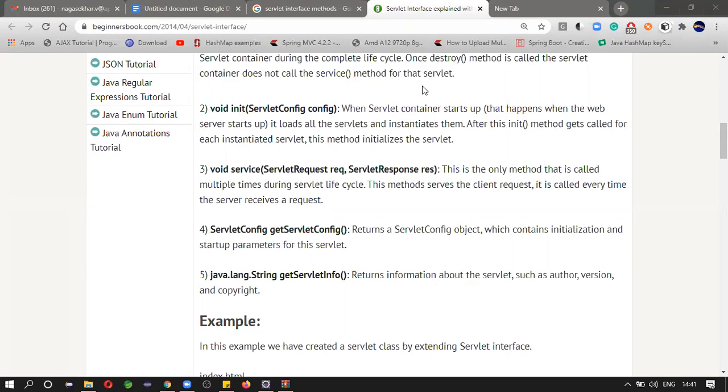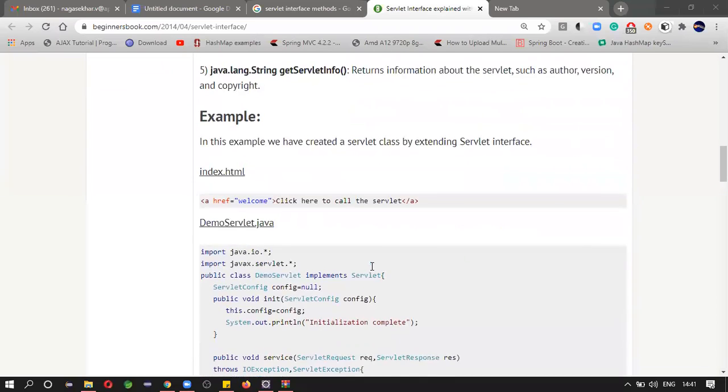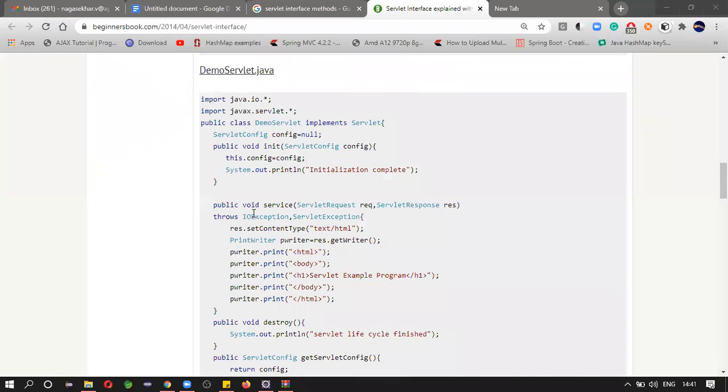It is not possible. If you have any particular doubt, you can ask me. I will explain. Okay, let us have some example. Don't worry about all the code. Just concentrate on what I'm saying. Okay?